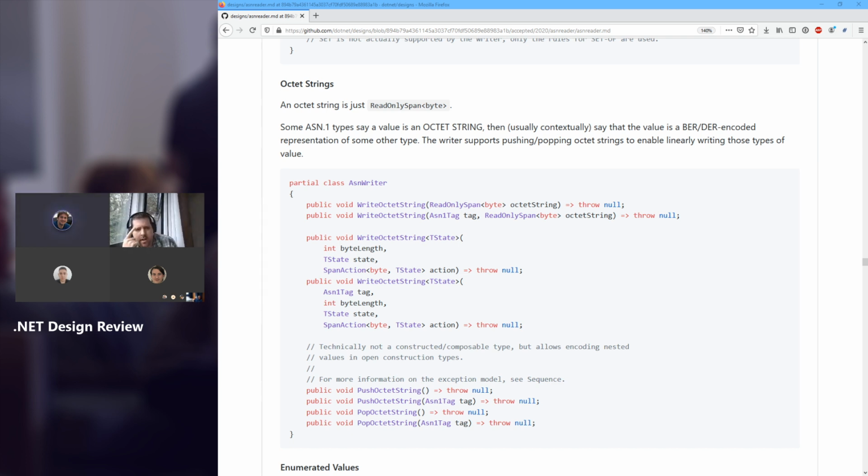So sorry, how is this different than write encoded value again? I didn't quite understand. So you would say push octet string, and then write integer, write integer, write integer, write integer, pop octet string, and then it would write down 0, 4, 0, 8, 0, 2, etc. Because